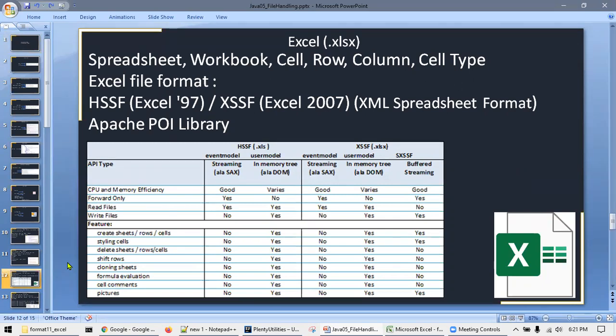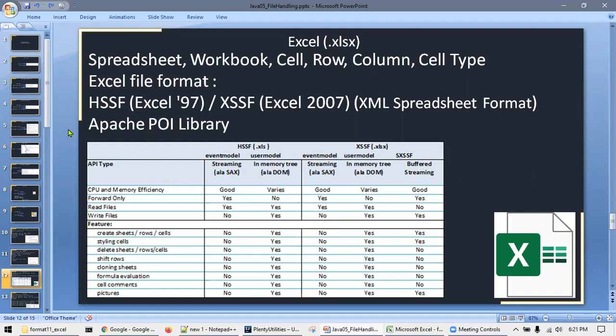So let us understand. In an Excel file, we commonly know there is a spreadsheet, workbook, cell, row, column, cell types and all. Now, how do we programmatically read this Excel file and write something into it? So how to process it, basically. We have multiple libraries available which are openly available and free to use by any third party organization. We'll be using a library called Apache POI. It is from the Apache Foundation, and they have given it as an openly available library for everybody to